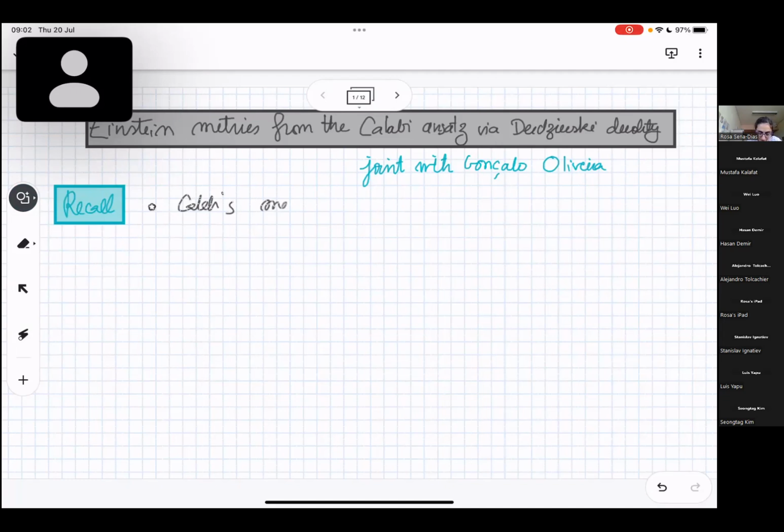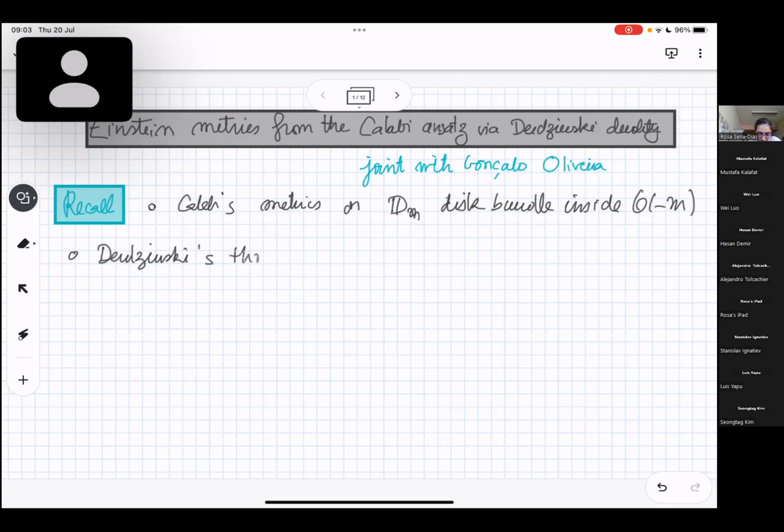Calabi's metrics on D_n, meaning a disk bundle inside O(-m). And the second ingredient is what I've been calling Derdziński's duality, or Derdziński's theorem, which says that